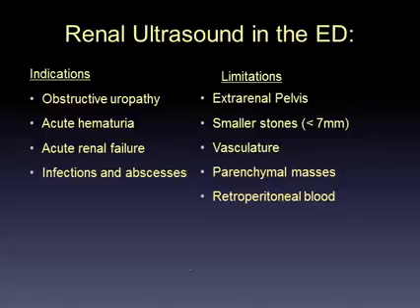On the right-hand side, we see some of the limitations. Number one there, the extrarenal pelvis and outpouching of the proximal ureter can be confused with hydronephrosis. Important to point out that ultrasound is not very sensitive for finding smaller renal stones. The renal vessels can be confused for hydronephrosis also, so something to be aware of, and you can use Doppler